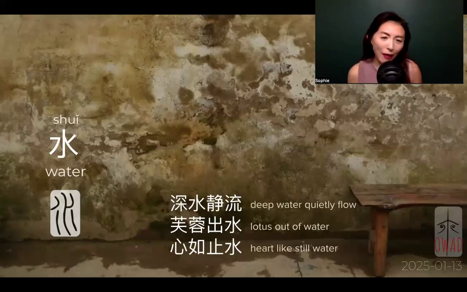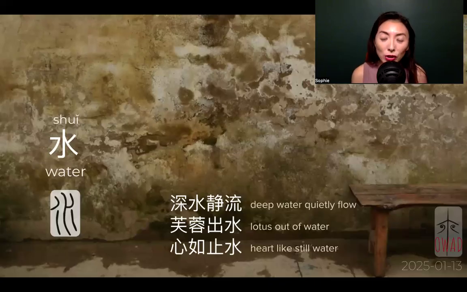And when we say out of water, 出水, that means there's action, there's movement. It's not floating on the surface of water, it's getting out of water. So that lotus here is a personification of the female body. And in the age before we have internet, way before then, right? That's the best fantasy men can pull out about their imagined female beauty.